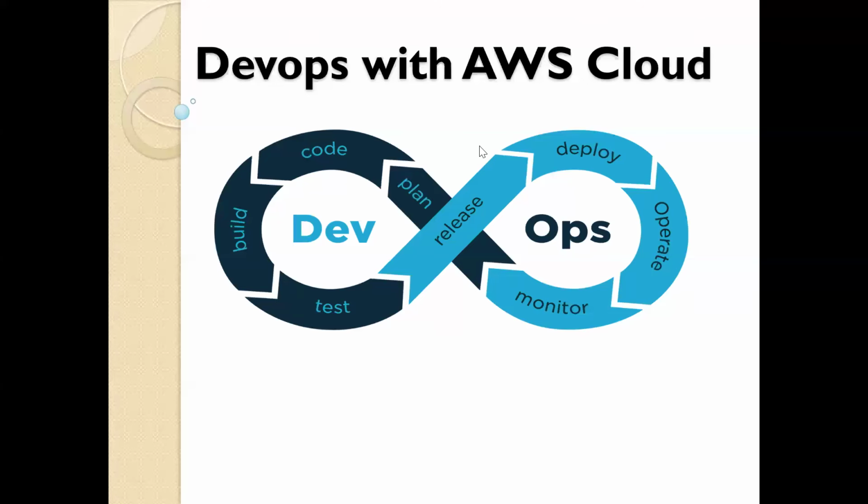So, what is this DevOps? We can observe very clearly, DevOps is not a single word. DevOps is a combination of two words. One is development and the other one is operations. Development and operations. One is dev, the other one is ops. Development and operations. So usually DevOps is mainly for